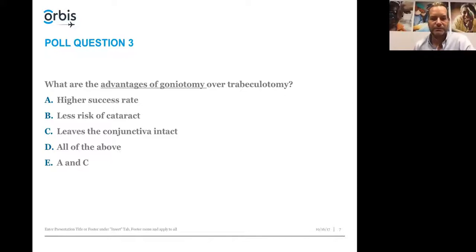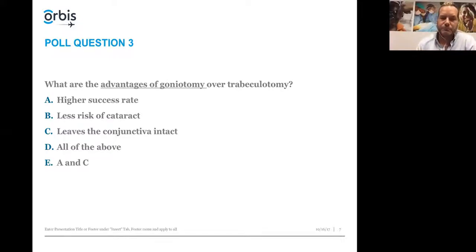conjunctiva intact? So I think I use both these techniques, and I think I used to use goniotomy more because I felt it was easier to do. But I think as time has gone on, I've switched more to trabeculotomies. But there are some new techniques of internal goniotomies, which I think are interesting, or suture goniotomies that we can